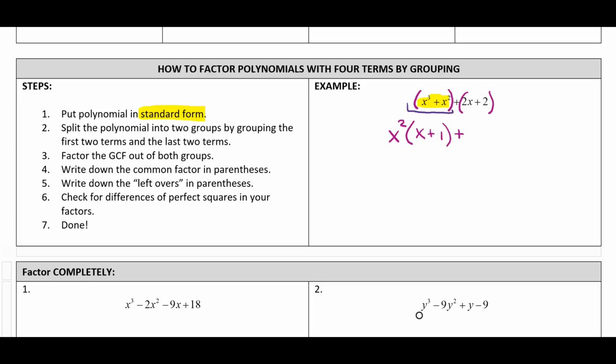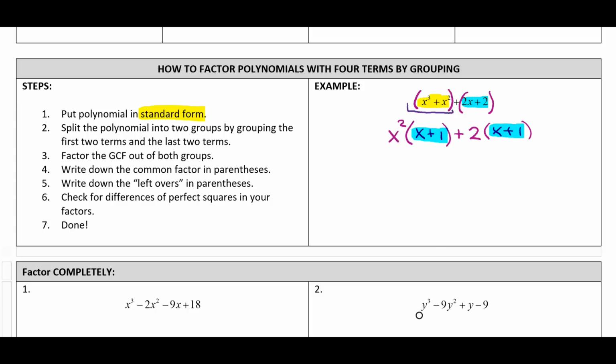We're going to factor 2x plus 2. So the greatest common factor for 2x plus 2 is a 2. And we're left with inside here x plus 1. So now we factored this second set of factors. So now notice we have a common factor, x plus 1